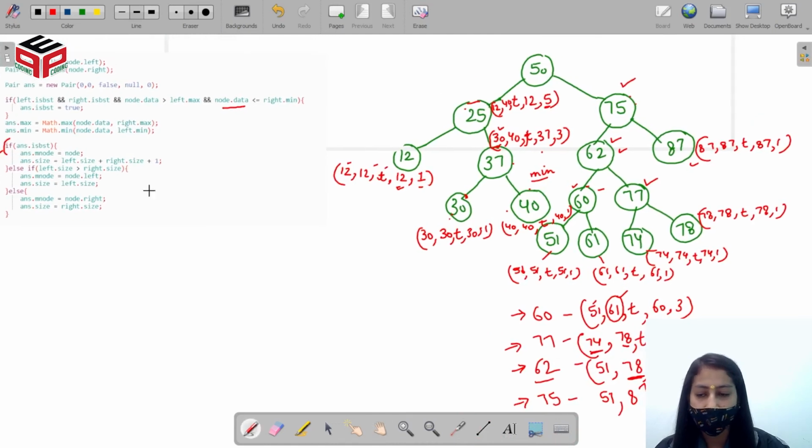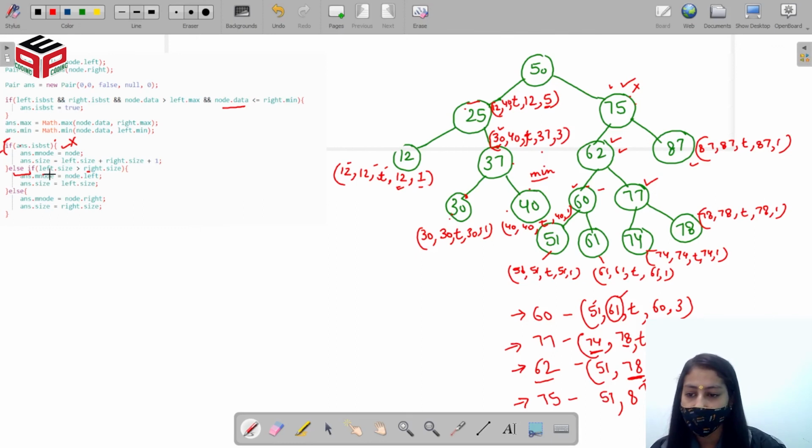Here it will check if 75 is a BST or not. So this condition becomes false because 75 is not a BST, right? So there is no need to check if the left of 75 is a BST or not, because only after checking this will we reach this condition. If this is not a BST, then we will not reach this point. After checking that the left subtree and right subtree of 75 are BSTs, we will reach here. So there's no need to check if the left or the right subtree are BSTs here. I hope this is clear to you, right?